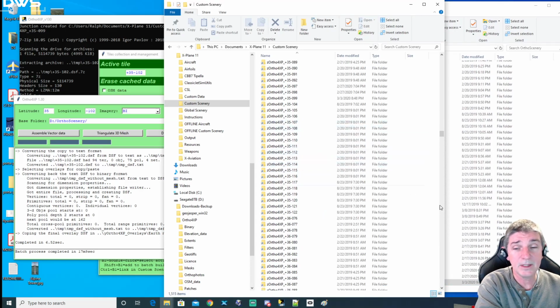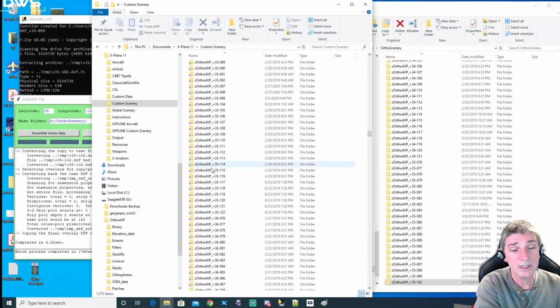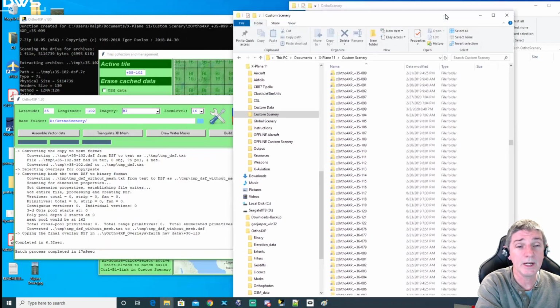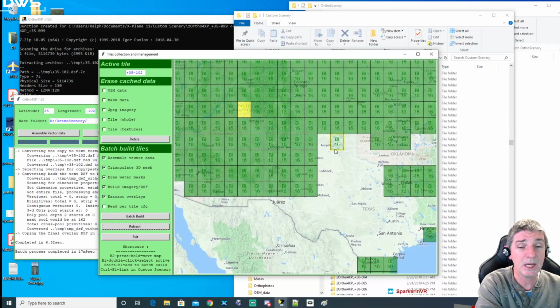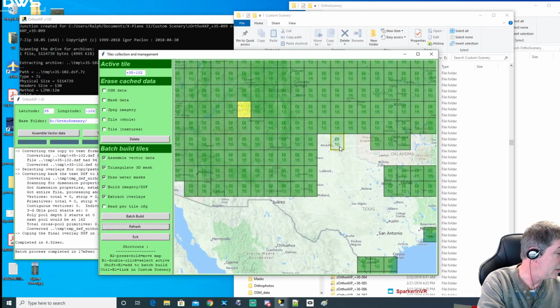Now, the other thing that hasn't happened yet is there's not a shortcut in my custom scenery folder in X-Plane to this file. So what I would like to do then is I'll go back to my map application,